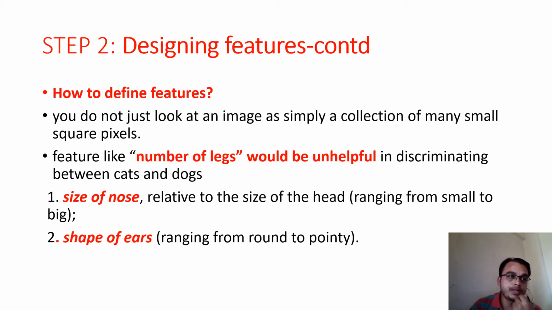There is some basic difference between typical features and regular features. If I go with the number of legs as a feature, will it be helpful? No, because the number of legs for a cat and for a dog are both equal to 4. If I take that feature, it definitely does not give me a distinguishing, classifying feature mapping. Okay, so select the features in such a way that they definitely give me a particular category criterion.